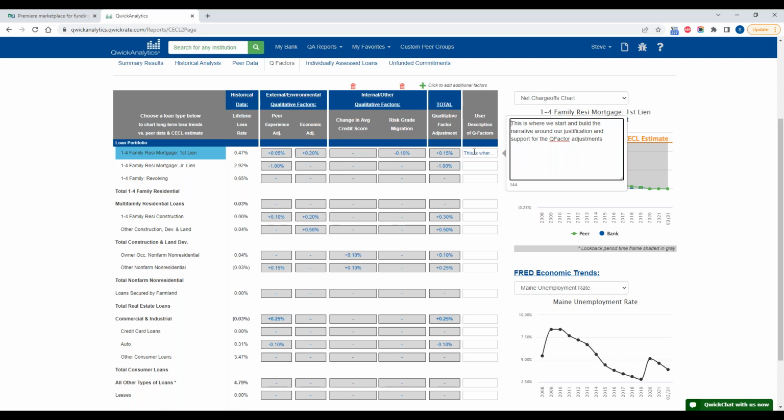So you make your notes, build your supporting narrative here at the segment level. As soon as you make any of those notes, they get attached to the segment throughout the analysis. Whenever you save a scenario, whenever you export it, all your notes get organized by segment. So when you're presenting it to an auditor or an examiner, it becomes a very straightforward and efficient process of